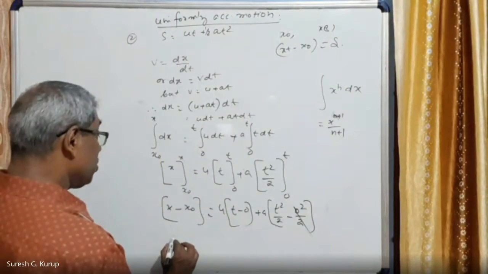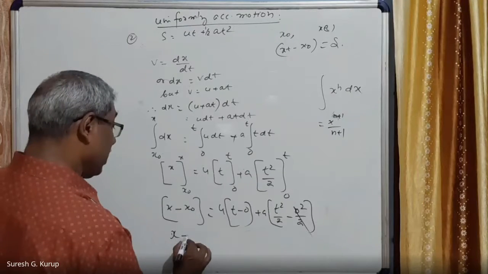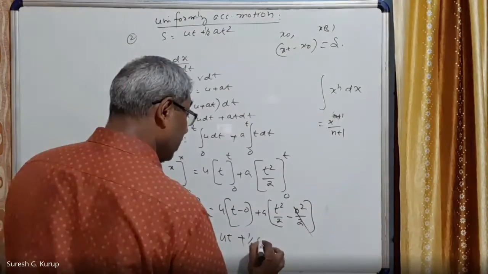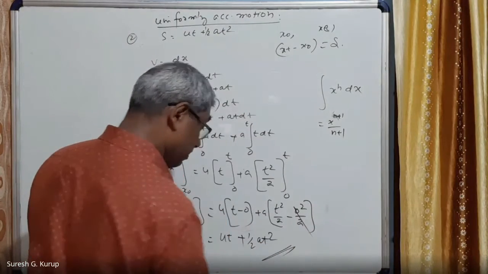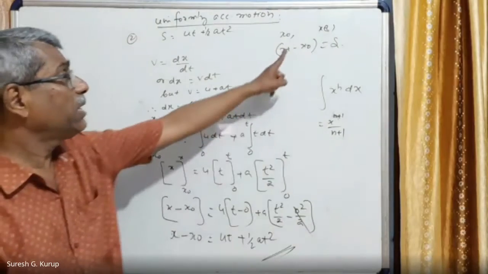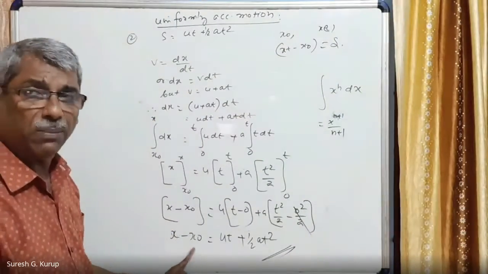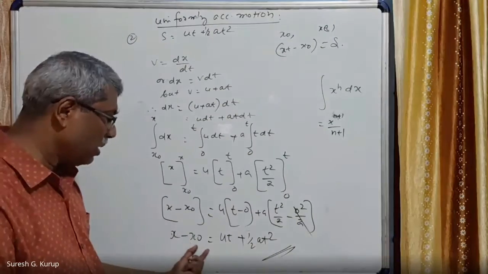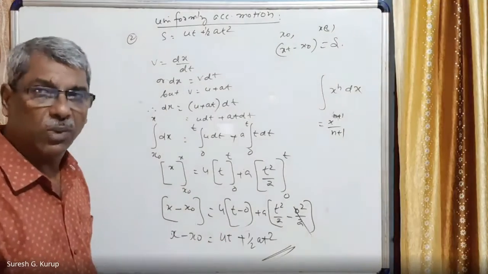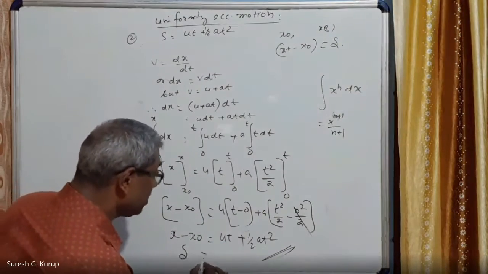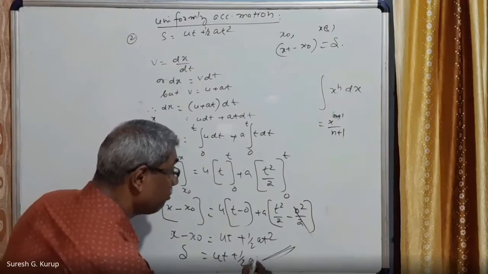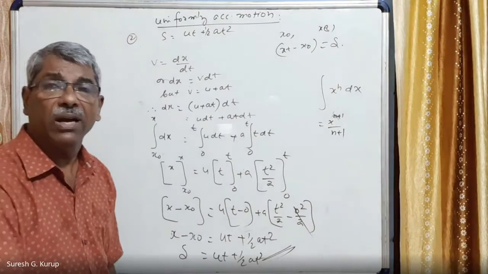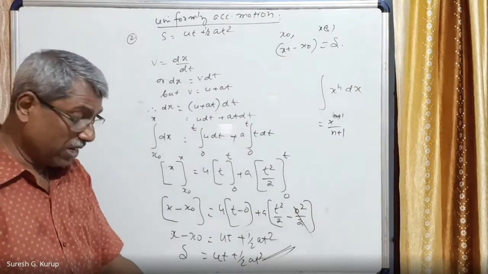Therefore, we are getting x minus x0 is equal to ut plus half at square, right? But you know that xt minus x0 is final position minus initial position. In place of xt, I took x only, no problem, right? Final position minus initial position is equal to the total displacement. So we can write this as s is equal to ut plus half at square. So this is also by the integration method, which we have explained very recently. So this is the next relation, right?